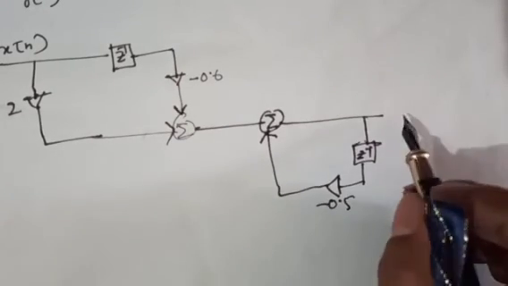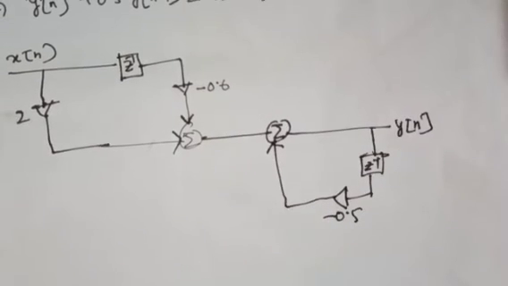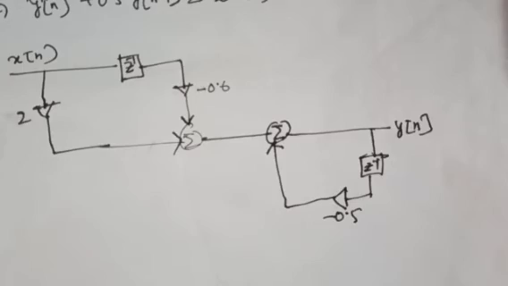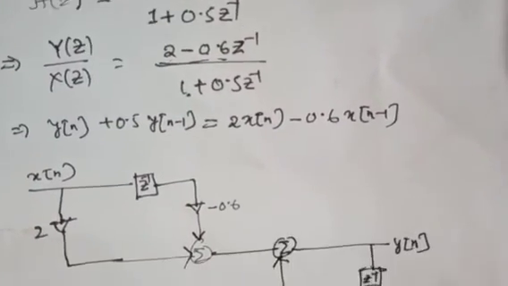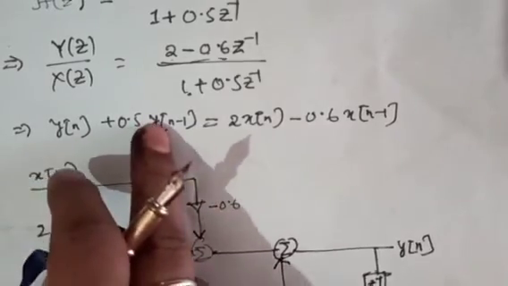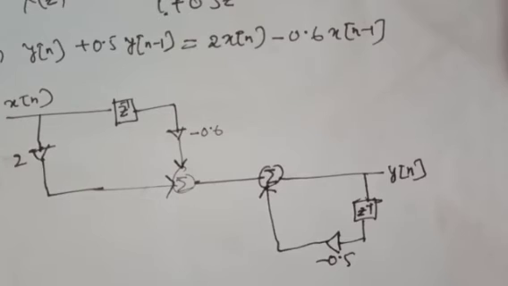So finally this is your y(n). Now this is the default realization of the given system, which is recursive, because there is a feedback loop, or in the equation you can see y(n − 1), the past output, is present. Now see how we can implement it